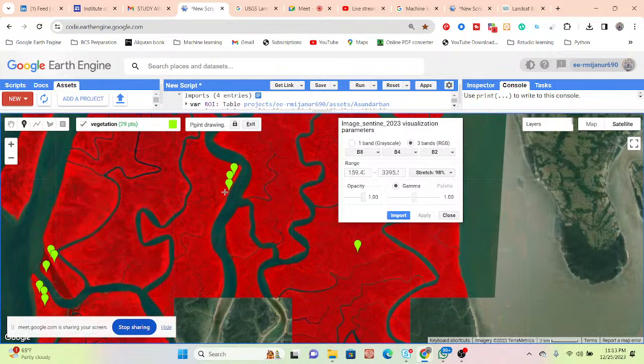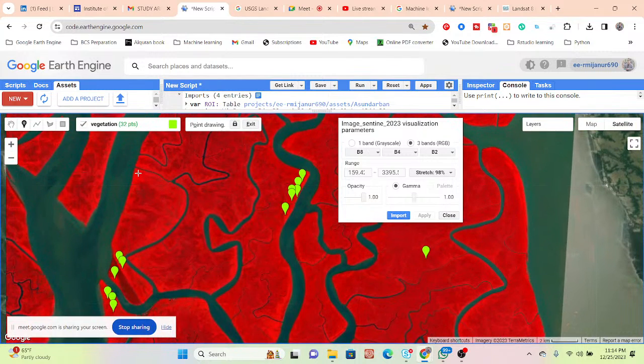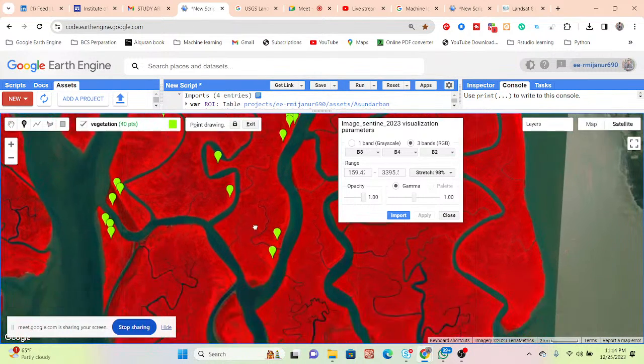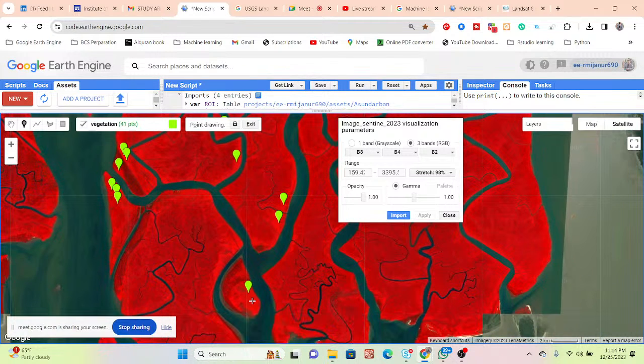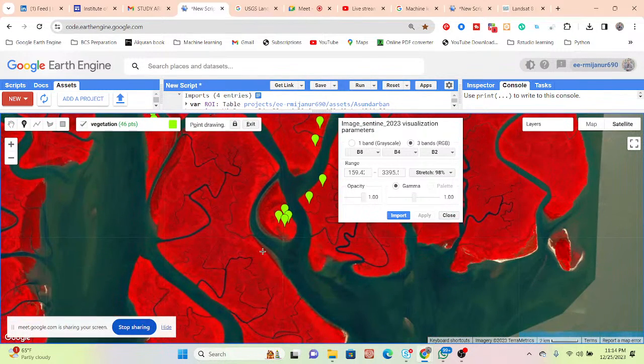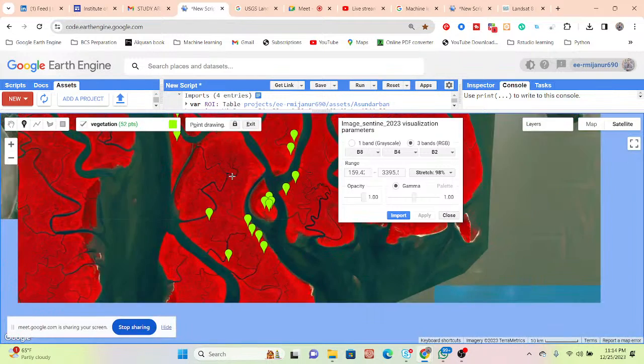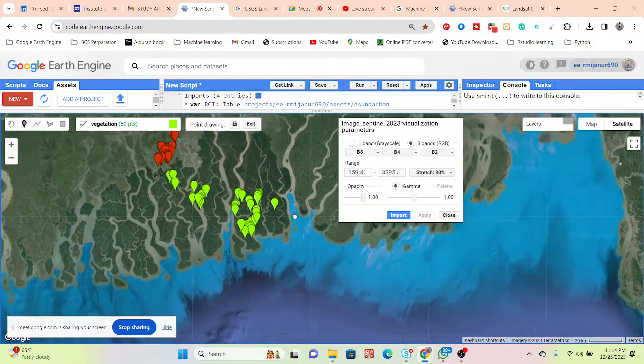So bright red color identifies the dense vegetation. This is the vegetation. All of those green pixels identify the vegetation. No problem. So I take this dense vegetation from here.